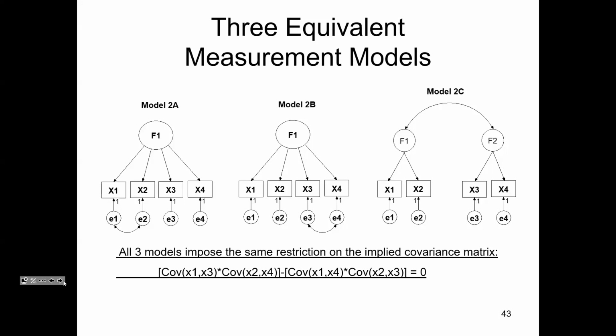So basically, it's saying that the covariance of 1 and 3 times the covariance of 4 minus the covariance of 4